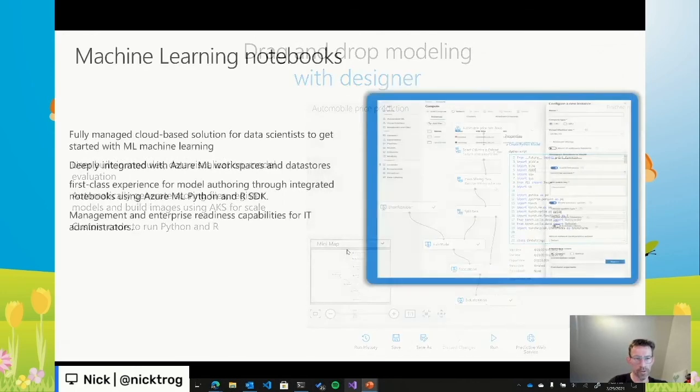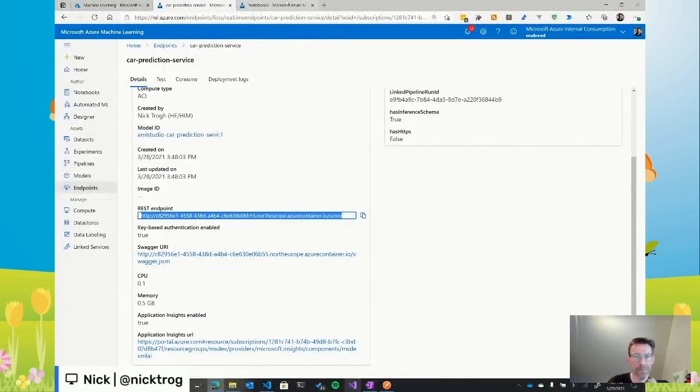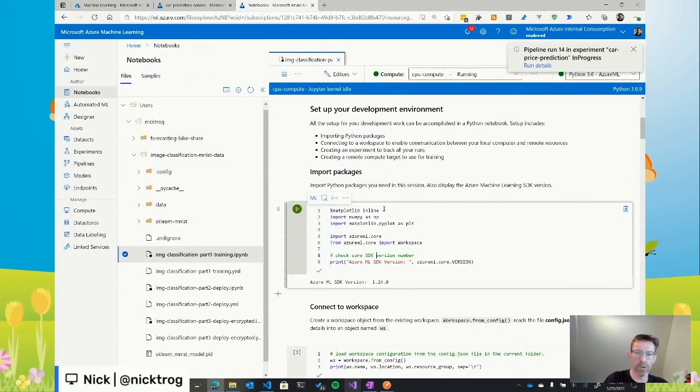The designer we've gone through. Now, what is kind of the next step? And I'll wrap up with this one here, is that you're really using what is called notebooks, machine learning notebooks. Notebooks allow you to write your own Python or R code and actually create your own custom machine learning process, even write your own machine learning algorithms using existing frameworks, or maybe you just want to write it from scratch. So with notebooks, you get this environment where you can actually just write your own